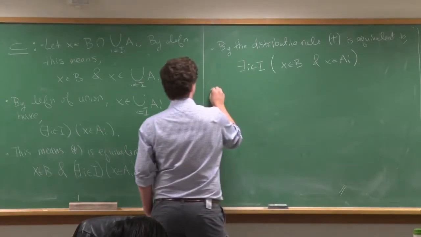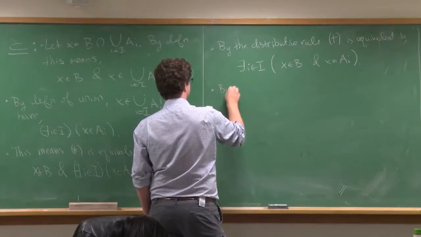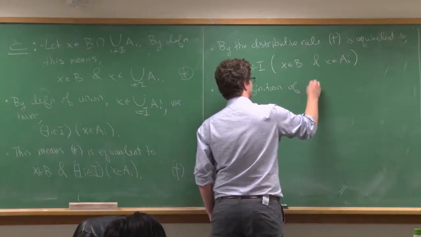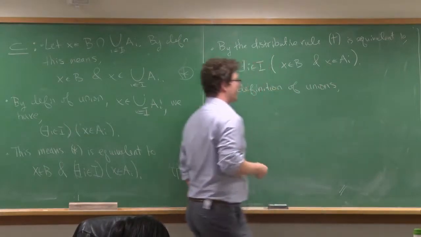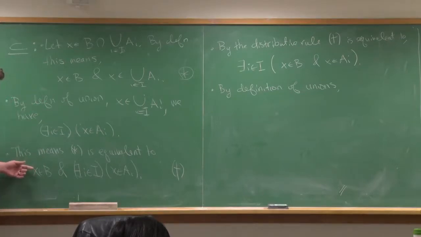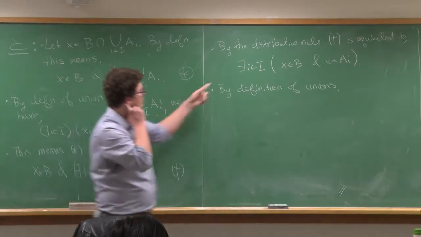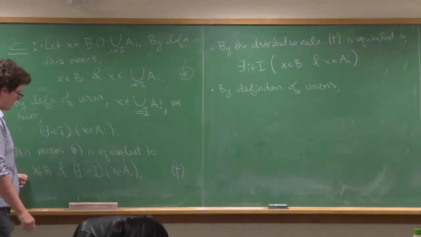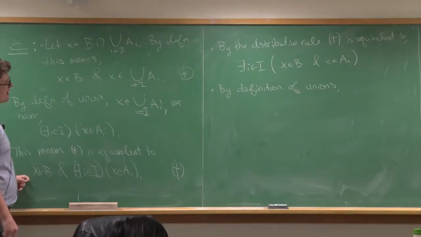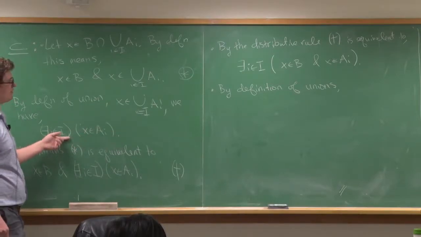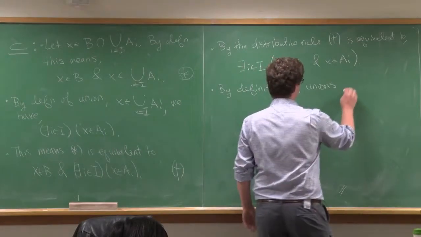Right? And so by definition of unions, okay, so again, here I just wrote this out the same way, and then I wrote this out using this definition. Then I used the distributive rule here to pull out this existential quantifier. Now this is again the definition of a union. Here's one instance where we applied the definition of a union. Here it is again. But by the definition of union, we have